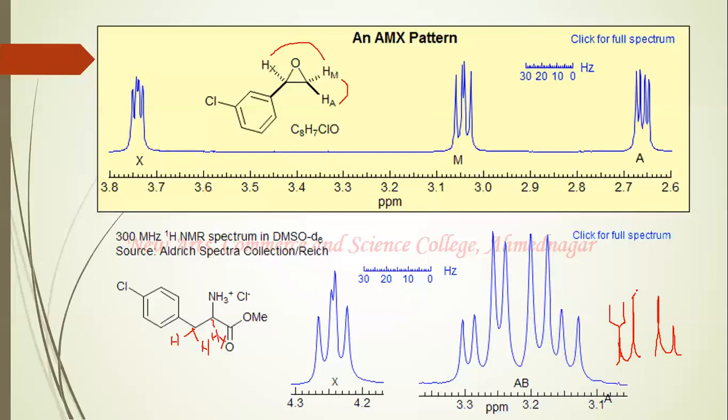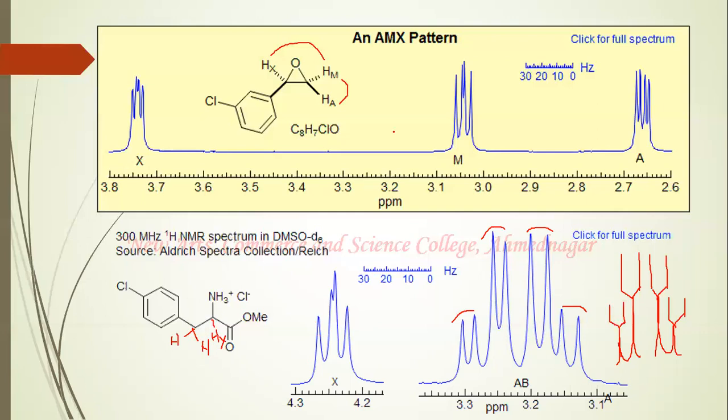And when such non-first order splitting occurs, the intensities of the base signal are transmitted after the second splitting also. So in this case, see the lines are like this. You can see here the outer pair of doublets has less intensity while these two have more intensity. So we can say it's first an AB quartet which is split by X. So it's a quartet of doublets. And here we have a doublet of a doublet.